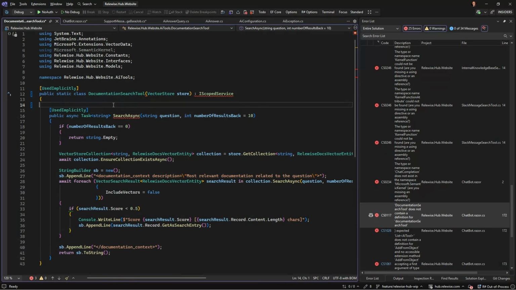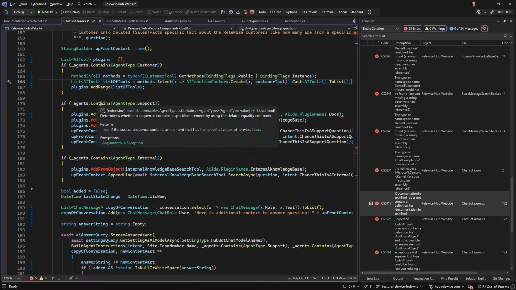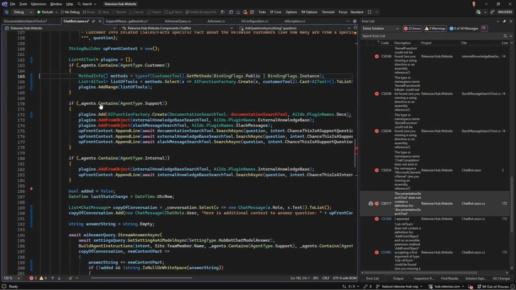Yeah, they can't be static, so I'm gonna just remove that one and new them up like I did with this. Probably gonna be the easiest way to do it.